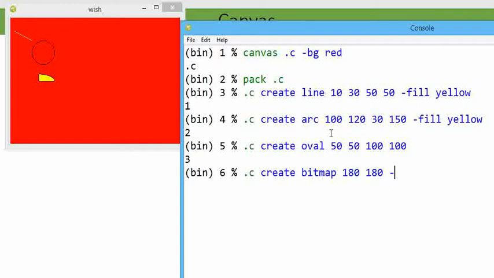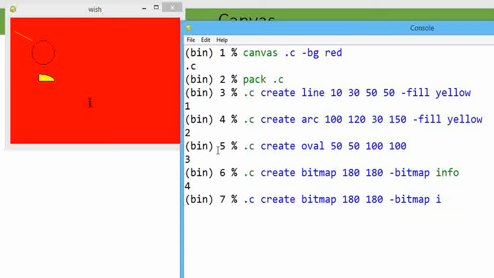Now -bitmap, I am going to put info. We have seen the info bitmap has appeared with its shape. Similarly, another available bitmap is the hourglass. So I'm going to change the dimension. Suppose I take 200 and 200, we have seen an hourglass has appeared.